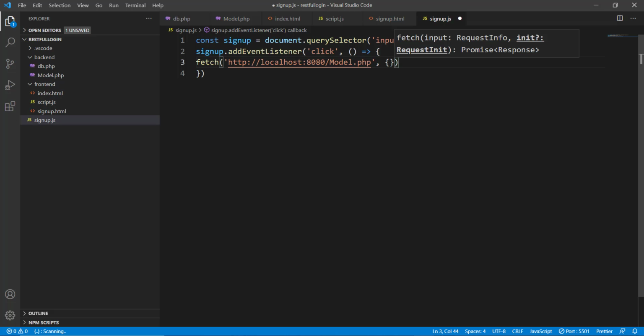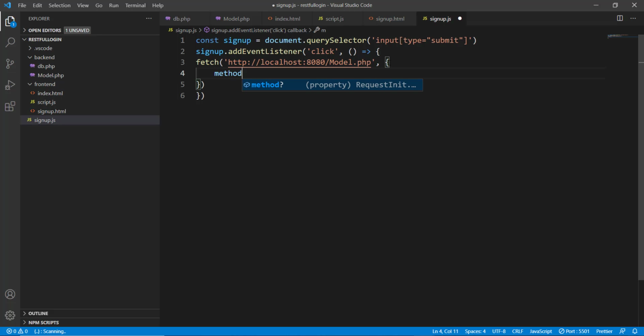To send along data, the second argument is a JavaScript object, and in this JavaScript object we can provide data in the form of key value pairs. So the first one is method key with the value post, because we don't want this fetch request to go as a get request, because if it's a get request then all the user data is going to be displayed in the address bar. By using post as a method, the user data is going to be sent along in the body of the HTTP